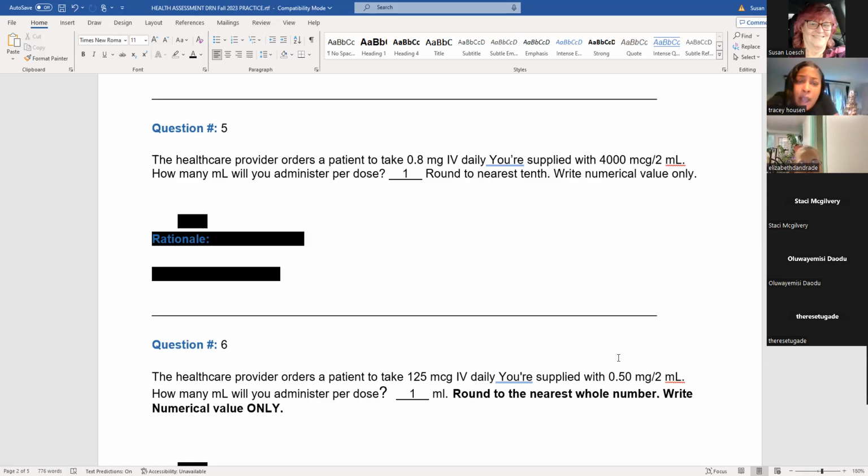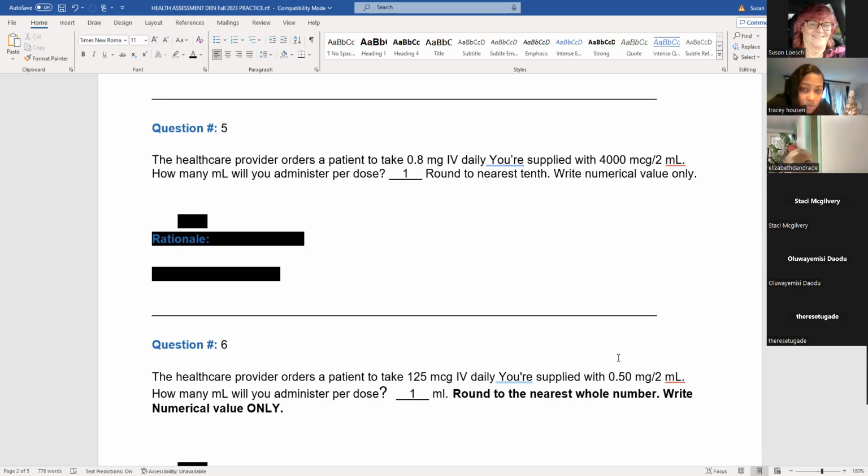Dose over whatever's available. Desired over half, times the mL. I want you guys to get familiar with, when you read the question, deciding what the formula is, because that's key. As soon as you read that question, and if you read it from the top, the healthcare provider orders